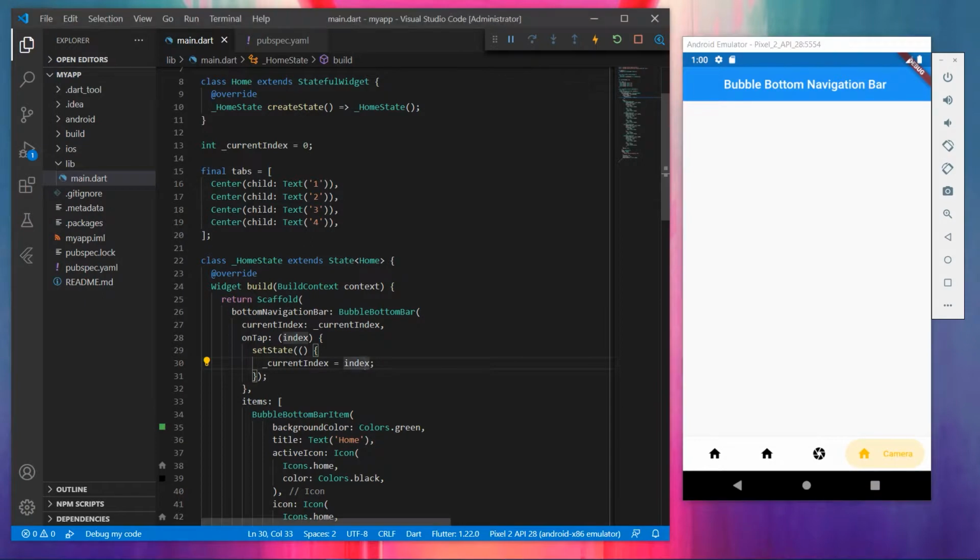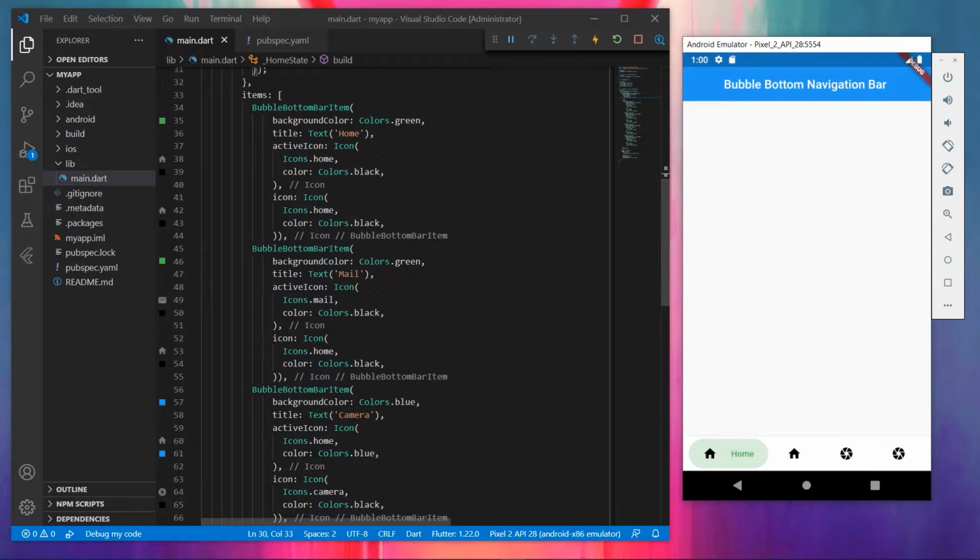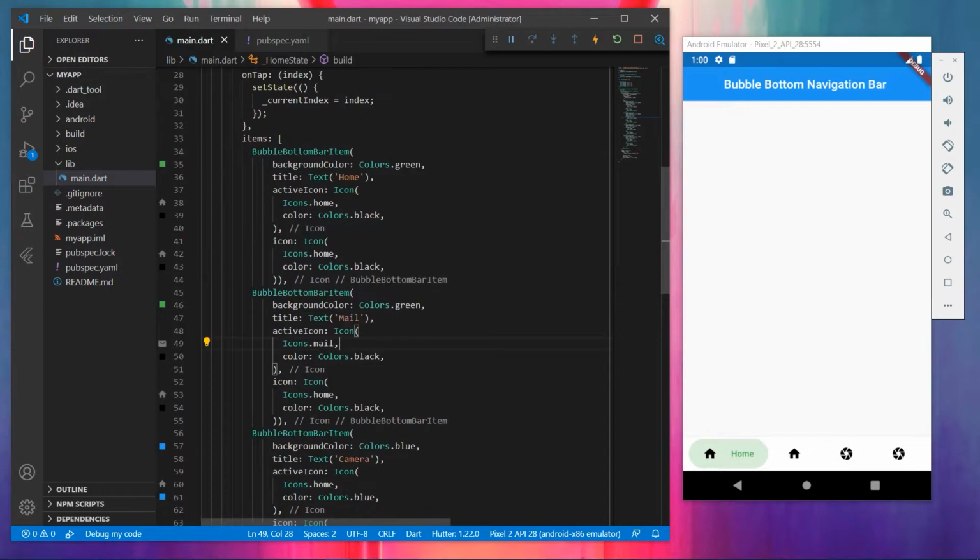So now we need to add something, that is the body. That is, when you tap on the first one, it should show the home screen, that is home widget or home screen, and so on. So let me just customize it further by changing a few things. We have a home, and see, on tap it changes to mail because I have changed the active icon to mail but not the original icon.